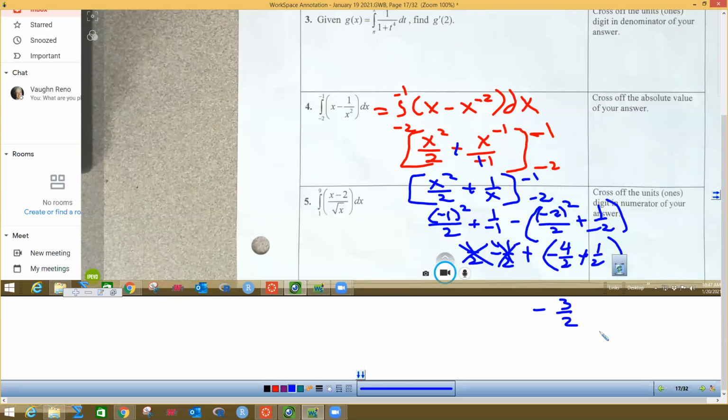And it says in the directions, cross off the absolute value of your answer. What? Yeah, the answer key said -3 for the answer. I don't think that's correct. Let me look up. Mr. Woodrow,